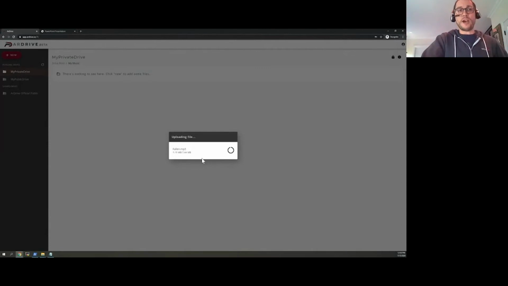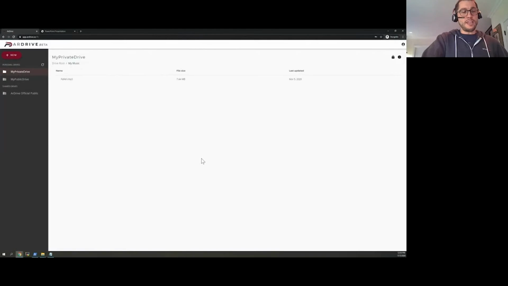We don't have multi-file upload available yet. That's definitely one of the features that we plan on adding for the first version, right? Everyone's got more than one file they want to upload. But for now, really the way to upload multiple files at once would be to use the command line, which we'll see in a second.